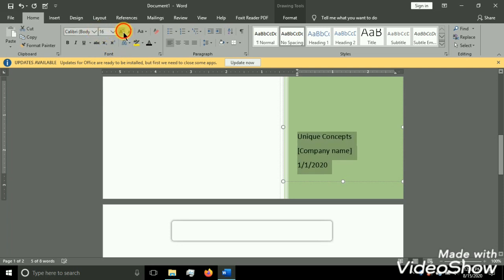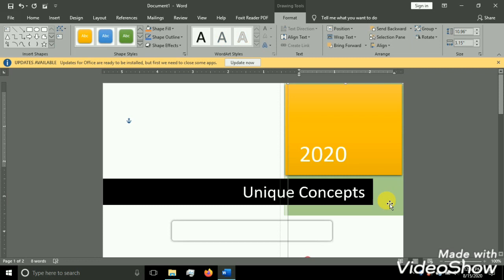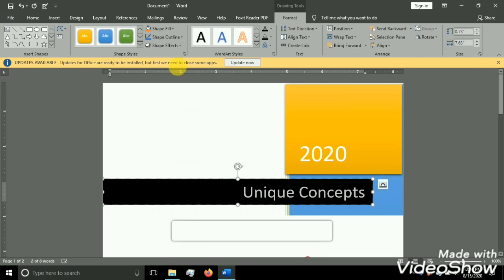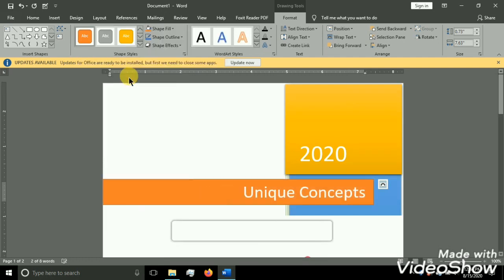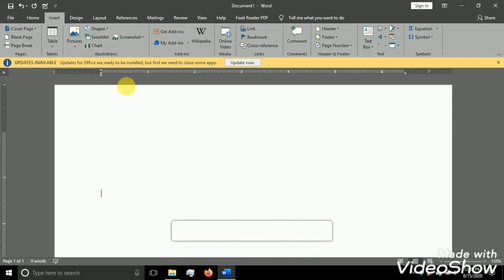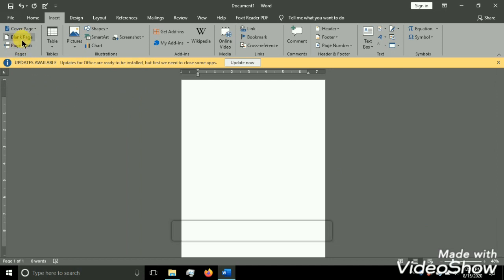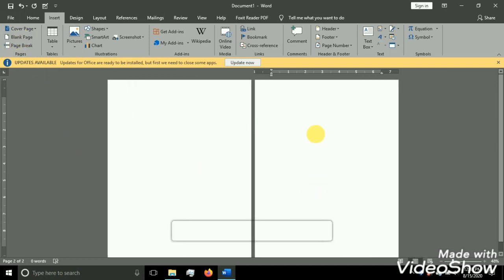And our next tool is the blank page. What is this blank page? It is used whenever I want to add one more page to my document. For example, at present I have only one page in the document. Now I want one more page. What can I do? The only thing I can do is keep on pressing the Enter button until I get the second page. But it is not a good thing.